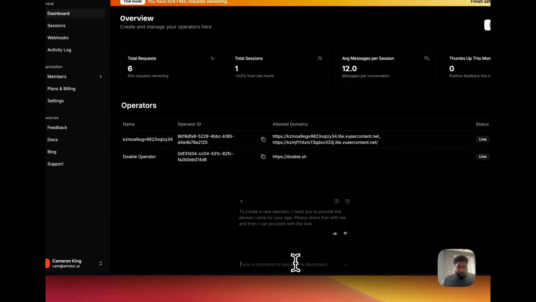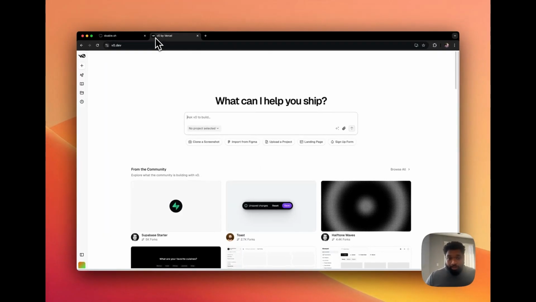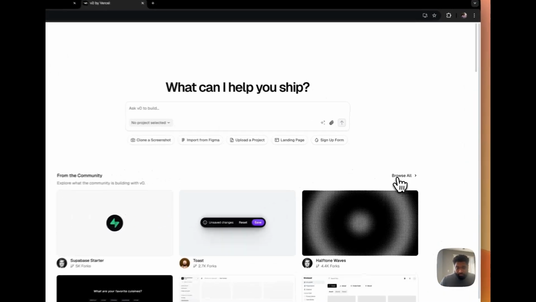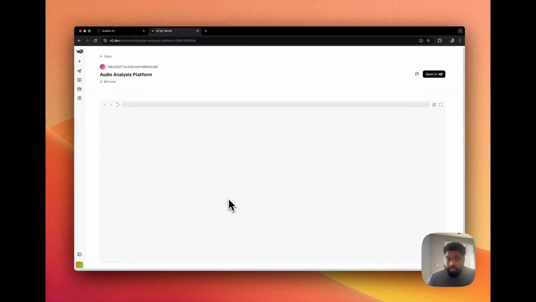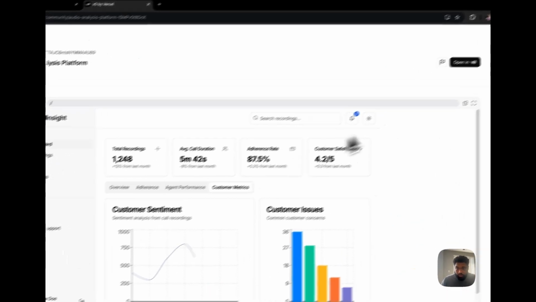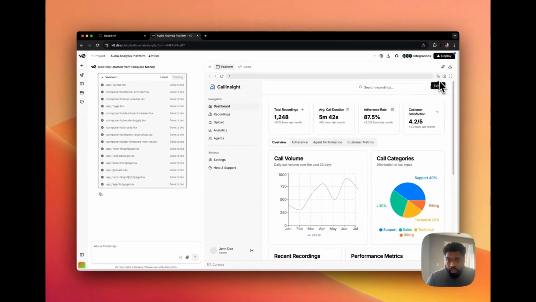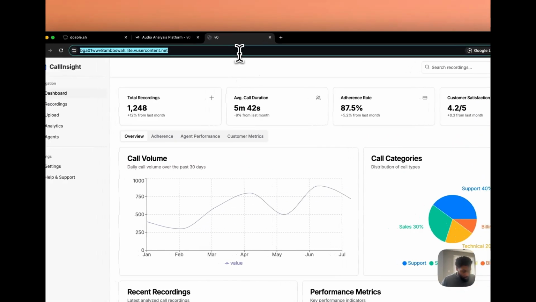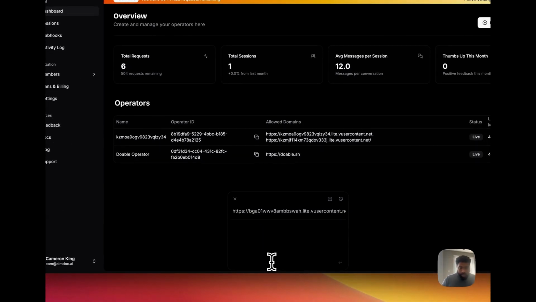It's asking me for a domain name. And so in this case, let's go to V0 and create a new app that we'll want to embed it in. Let's take something from the community. Maybe this audio analysis platform might fit our use case best. Sure, let's go for it. So if we open this up in V0, we should get a preview link that we can give as the domain for Doable. I'm going to copy over this URL, supply it to the operator,